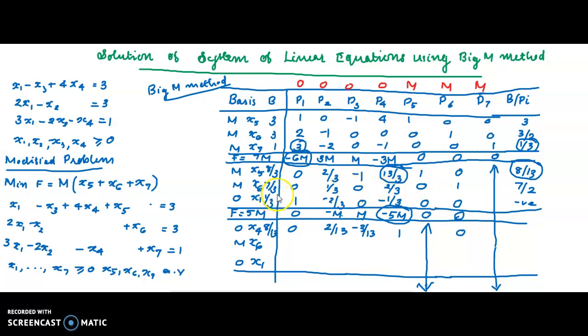It will be good to write down the required elements of the second row. Let us write them here. 7 by 3, then 0, then 1 by 3, then 0, then 2 by 3. In the next position no 0 is needed, after that 1. Then multiply the elements of the new R1 with 2 by 3 and do the subtractions. 2 by 3 on 8 by 13 into 2 by 3. 8 by 13 into and 16 by 3 into